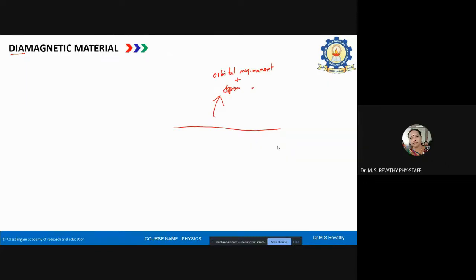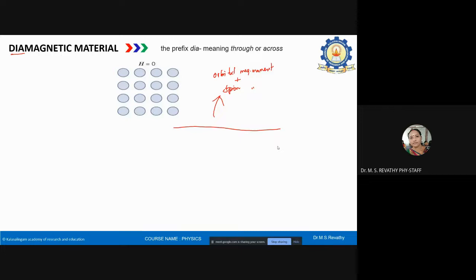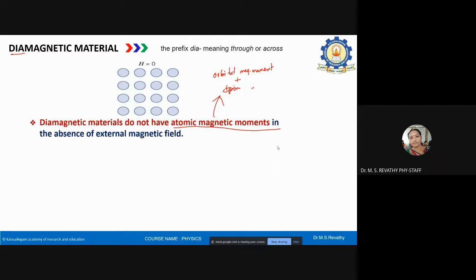Okay, this is the first type we are going to see, which is called diamagnetic material. In diamagnetic material, you see the word dia. It is a prefix, which means through or across. In the absence of a magnetic field, you can just look into the atoms. All are just empty. In the absence of a magnetic field, there is no magnetic moment inside the diamagnetic material. So diamagnetic materials do not have